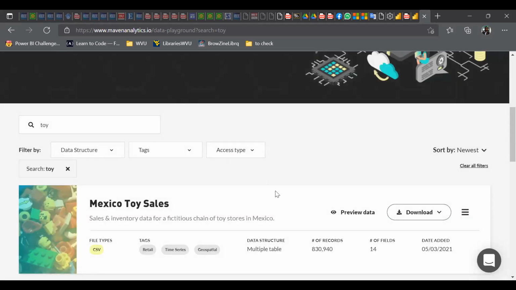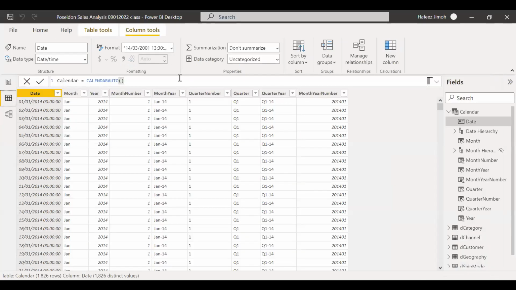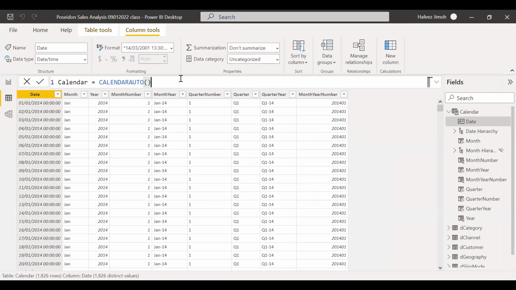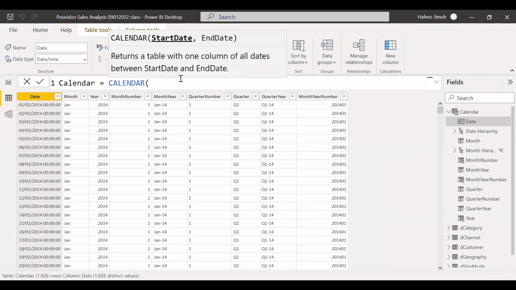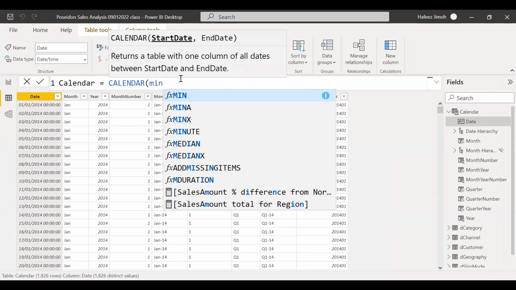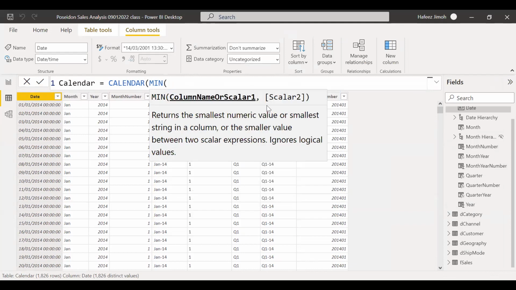What you will do is this. Come to Power BI. I thought I would not teach you this, but for one reason or the other, you will not make use of Calendar Auto in this case. Calendar Auto will not work. You are going to make use of a calendar. Your calendar now has a start date column. Can you see? You're going to put the date you want it to start, which you can say is the minimum of F sales